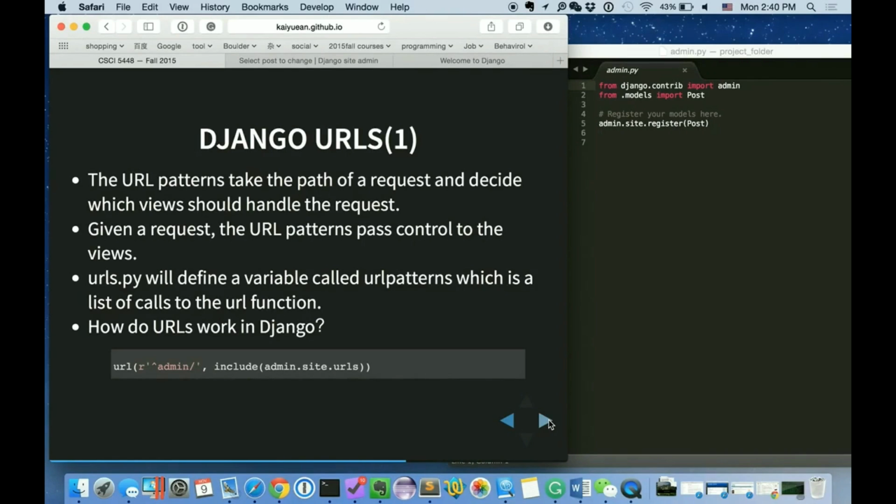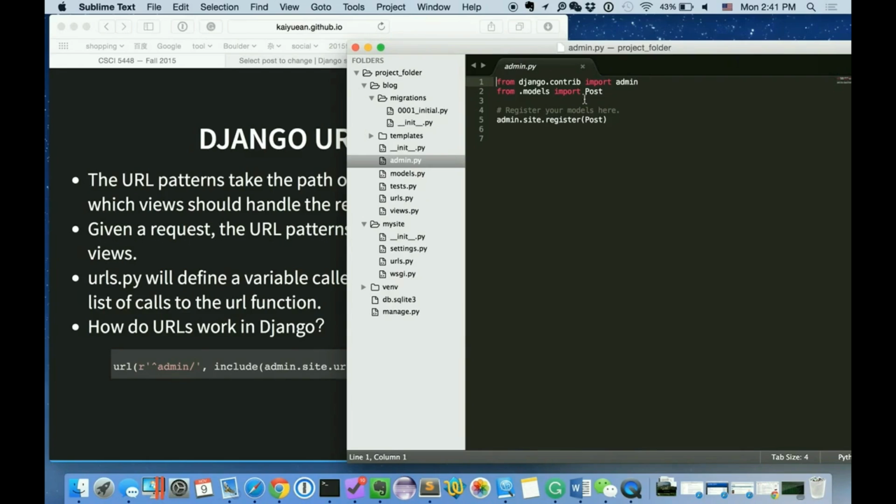Now I will introduce Django URLs, views, and templates. A URL is simply a web address. You can see a URL every time you visit a website. Let's go to Django URL file. It's defined under My Site folder. We can see there